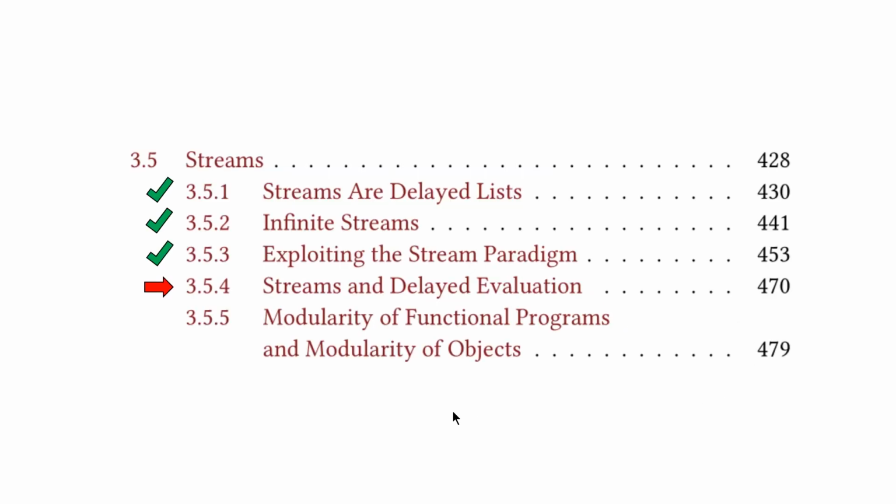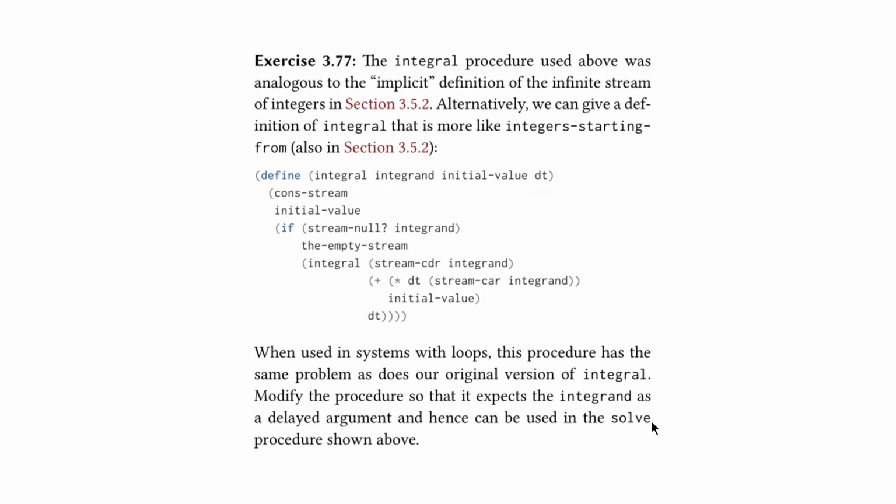Moving on to the next subsection, 3.5.4, streams and delayed evaluation. Once again, we're going to jump straight into an exercise to take a look at this subsection. So exercise 3.77 states the integral procedure used above was analogous to the implicit definition of the infinite stream of integers in section 3.5.2. Alternatively, we can give a definition of integral that is more like integers starting from, also in section